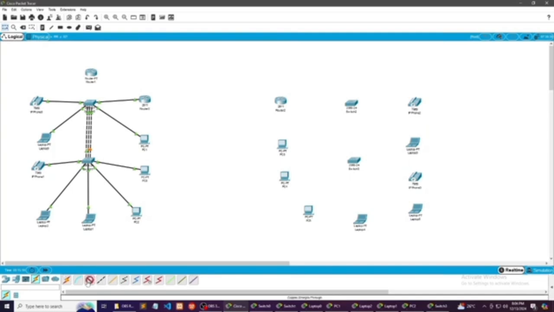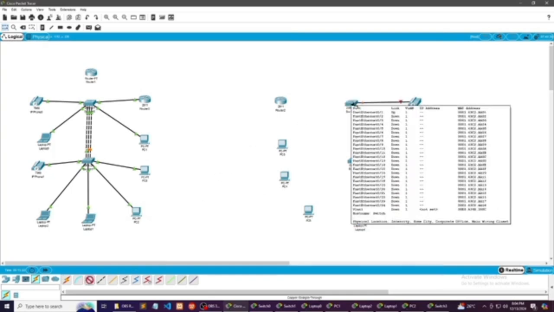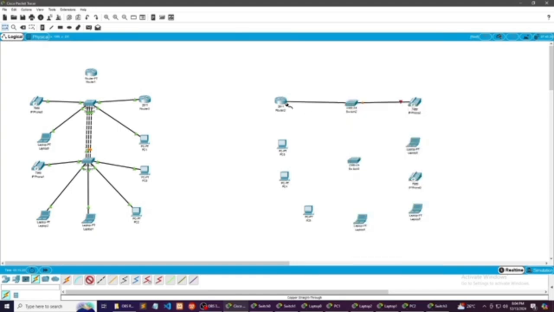They are the same except for the positioning of the IP phones, the laptops, and the switch. But of course, we are going to use fast ethernet from IP phone to switch and switch to router. Then we're going to connect the PC and the laptop to the first switch, and so on.